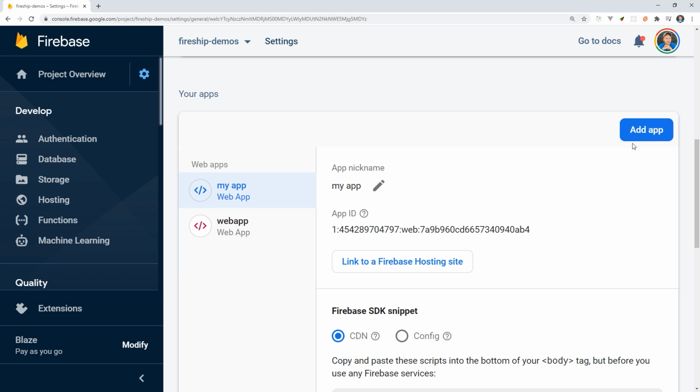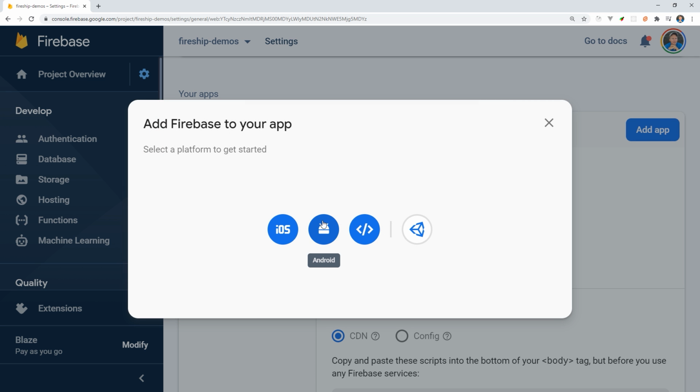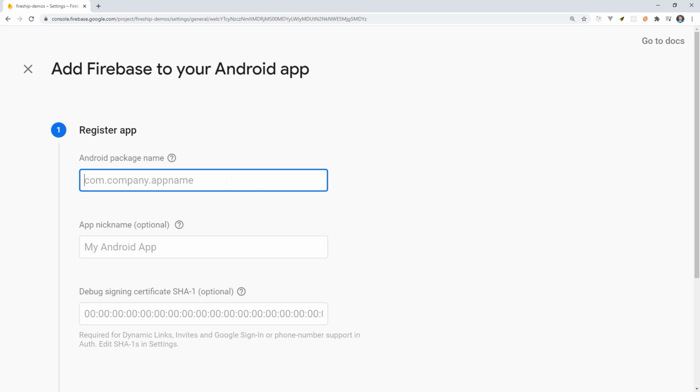Now it's time to configure this app for Android. From the Settings tab in the Firebase console, we'll add a new Android app. We need to decide on a bundle ID, which is like a reverse domain name. So in my case, it would be io.fireship followed by the app name. The bundle ID needs to be unique and it will be shared across iOS and Android, so make sure to